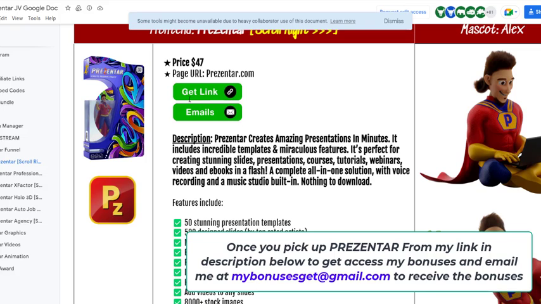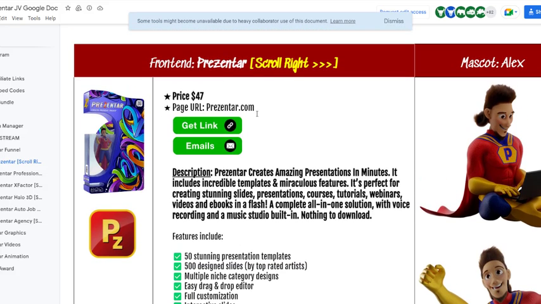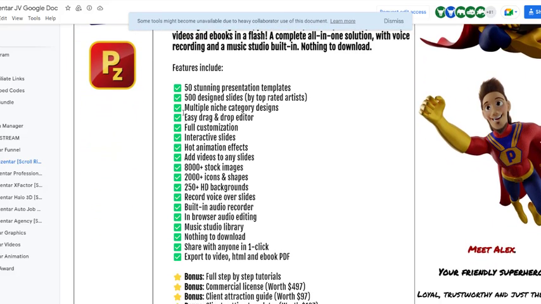Let's discuss some pricing. Front end Prezentar costs around $47. In the front end, these features will be enabled for you: 50 stunning presentation templates, 500 designed slides by top-rated artists, multiple niche category designs, easy drag and drop editor, full customization, interactive slides, hot animation effects,